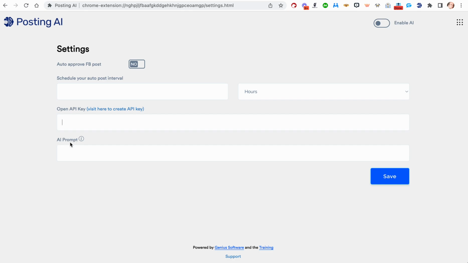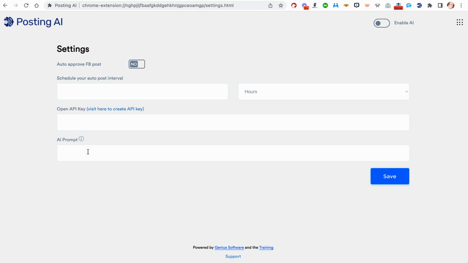You also need to put an AI prompt in, okay? If you click this eye icon, or hover over it rather, you input some text as a prompt, and the model will generate a text completion that attempts to match whatever context or pattern you gave it. For example, if you give the API the prompt, write a tagline for an ice cream shop, it will return a completion like, we serve up smiles with every scoop. So if you're creating motivational posts or something, you'll put write a motivational saying, or write a business tip, or